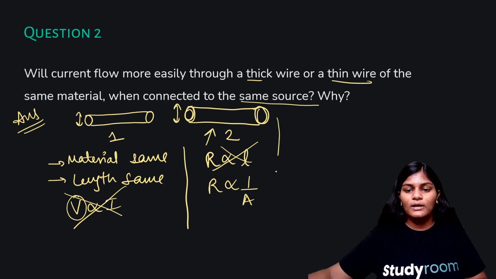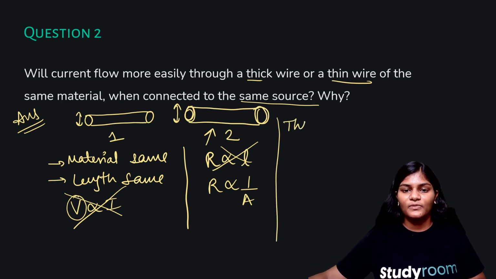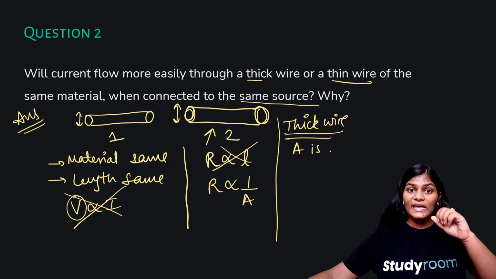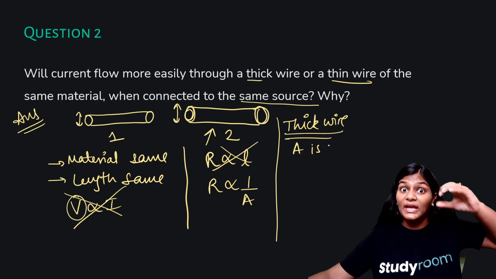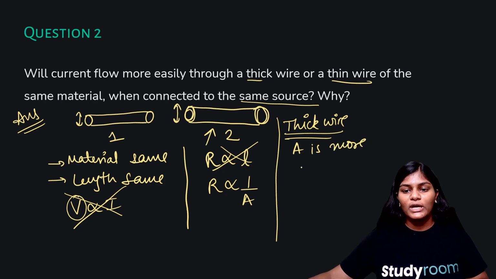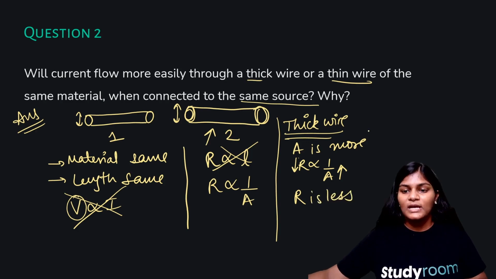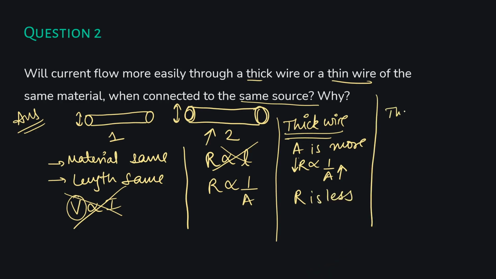So here it is given to us thick. So first we consider the thick wire. In a thick wire, is the area more or lesser? Area is more, right? It's a thicker wire, so area is more. So since R is proportional to 1 by A, if area increases, then the resistance decreases, right? So resistance is less. Similarly, if you write for a thin wire,